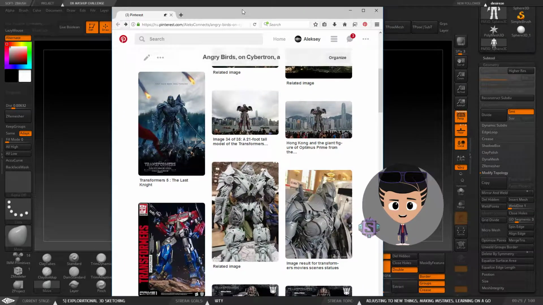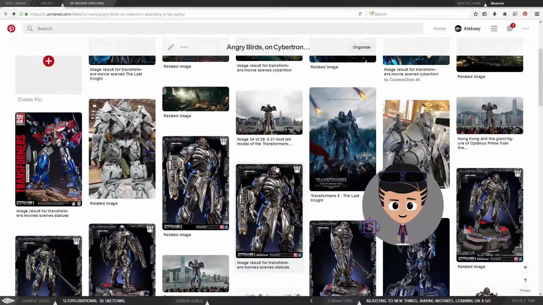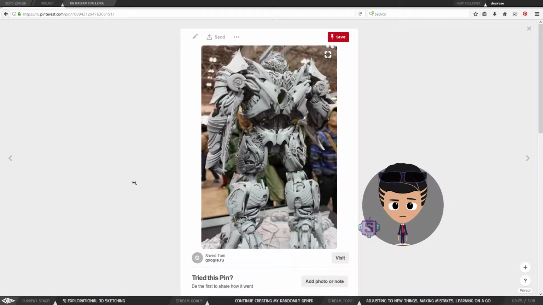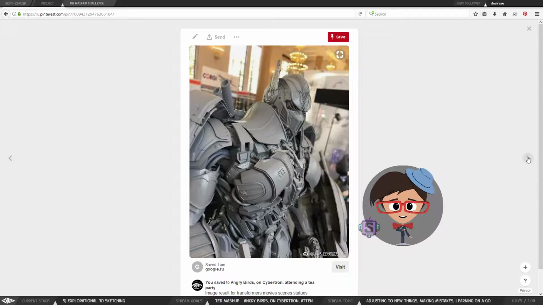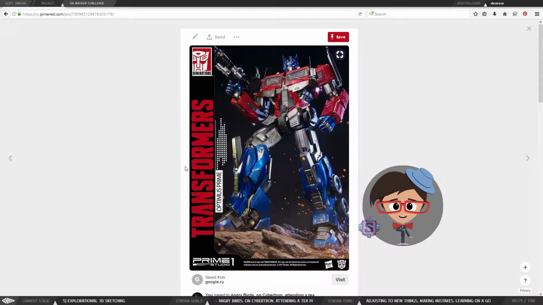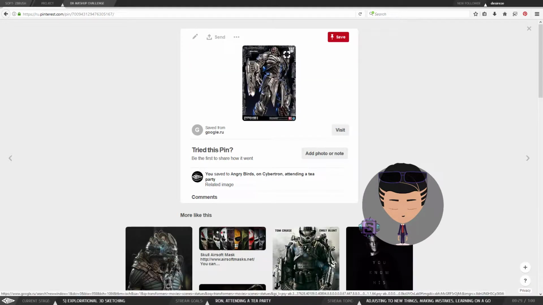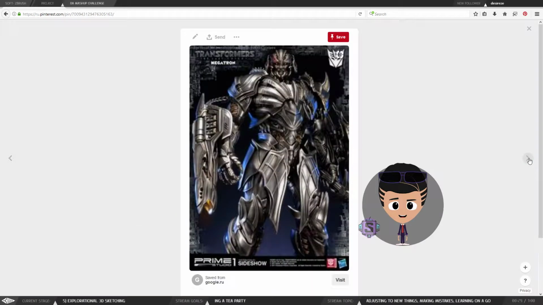I just go through the Pinterest account. So yeah, kind of want to see up close the Transformer hands, because from movie scene shots we definitely didn't depict them. They are functioning pretty close to the humans, but still have a little bit more freedom to them, I guess. But in terms of the design, especially in here, oh yeah, this is definitely what I'm going to use as a reference,